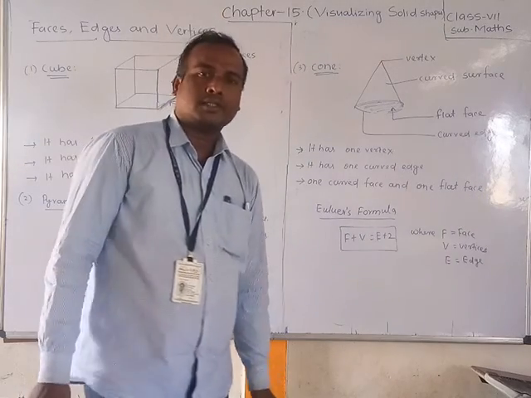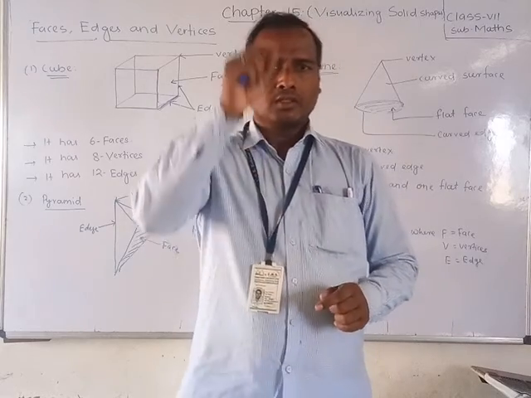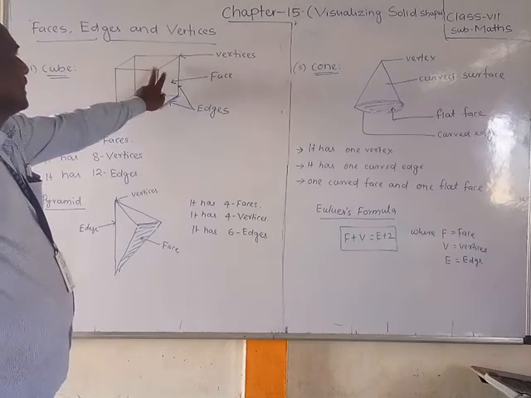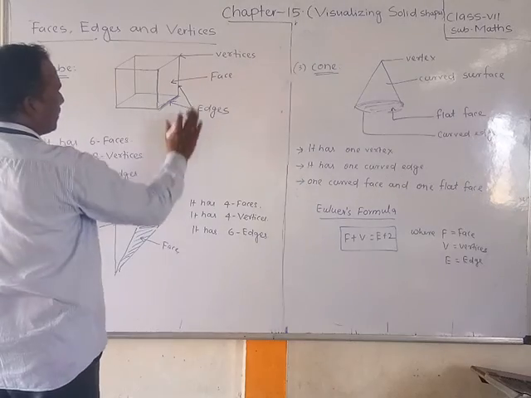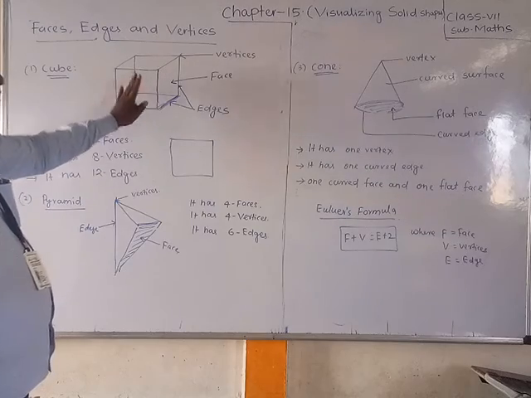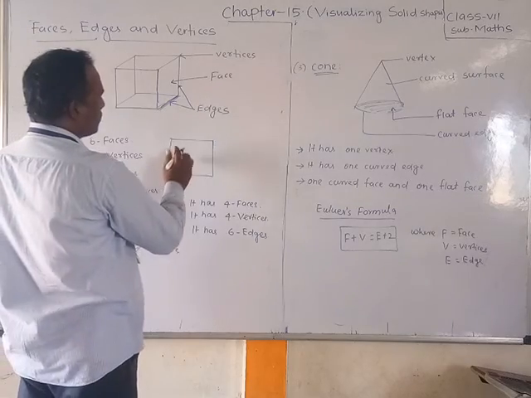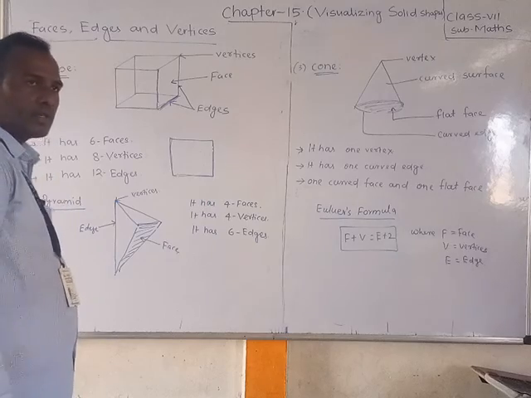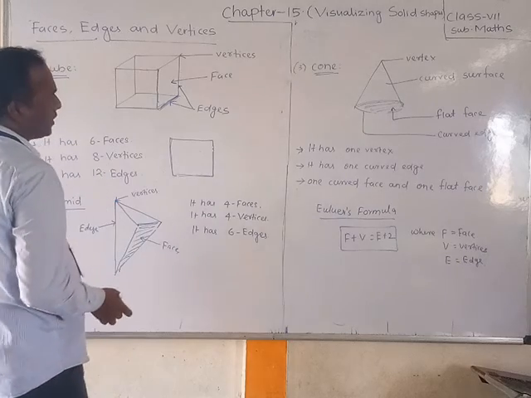So carefully understand, friends. Edges are the combination of two faces. A face is a flat thing, a plane surface, like polygons. In a cuboid or cube you will find polygons which are bounded by line segments, that is, bounded by edges. So these are generally faces. So observe how many faces there are in a cube.